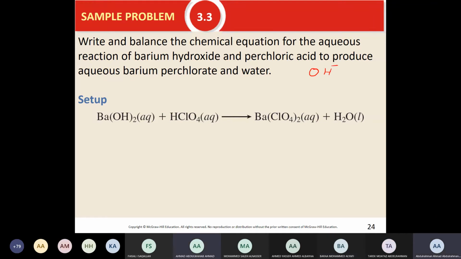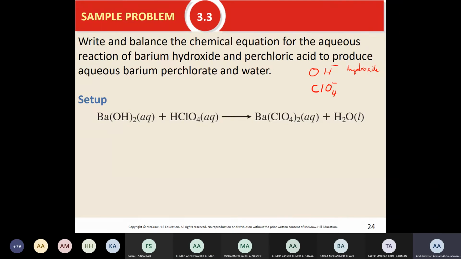Hydroxide. Also the charge, hydroxide. As I said, in table 2.3, you must memorize very well. How about this group? Perchlorate. When we want to balance things, we can balance by two methods, either by each atom by